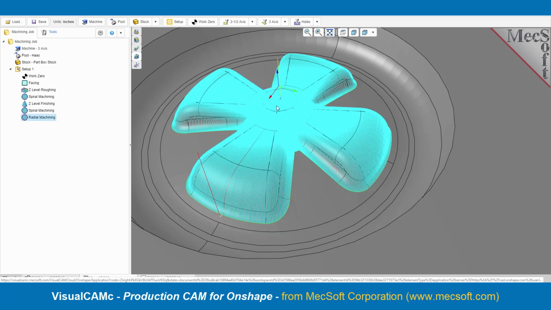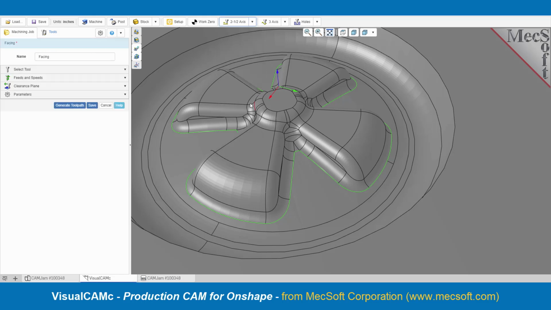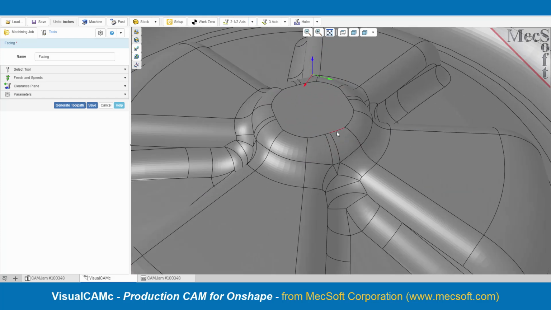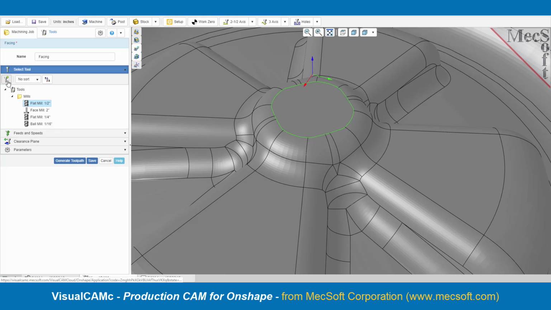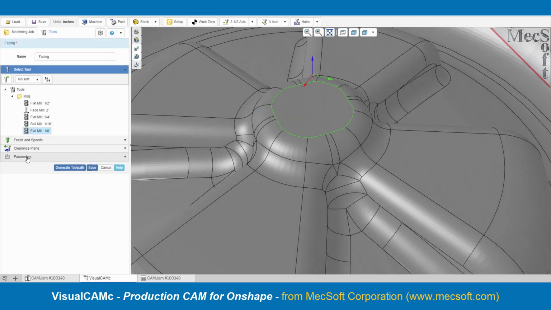Let's go ahead and do a facing operation just on this center area, just to flatten that off. So we'll do 2.5-axis facing, and we'll deselect our areas, and we'll select this area here. And for the tool, let's go ahead and create a smaller flat mill, maybe a 1/8 inch. And we'll save that. And for the parameters,